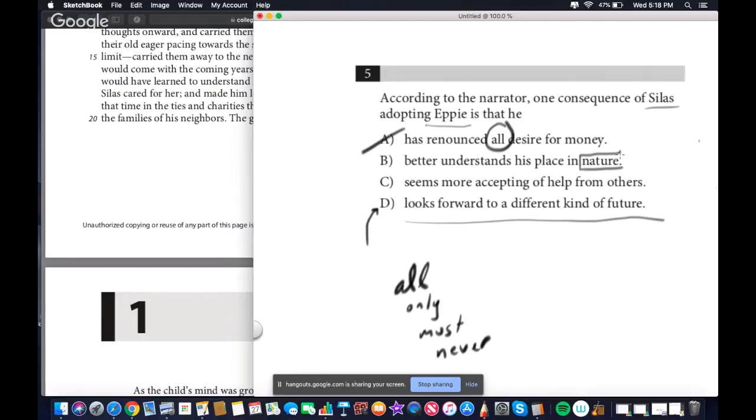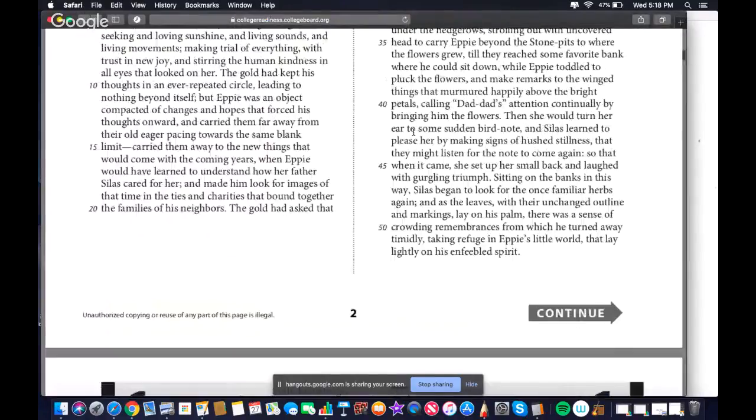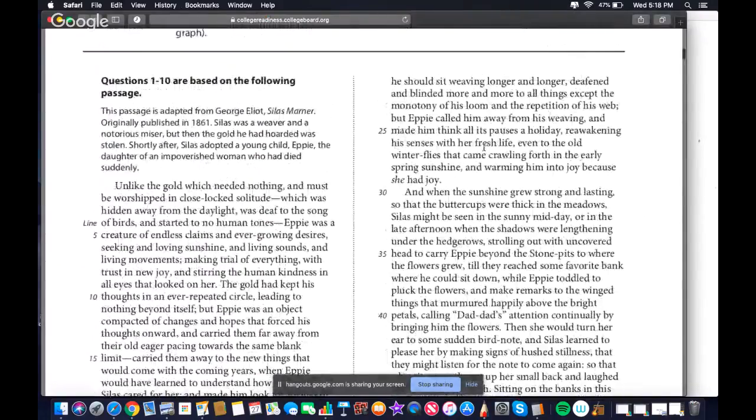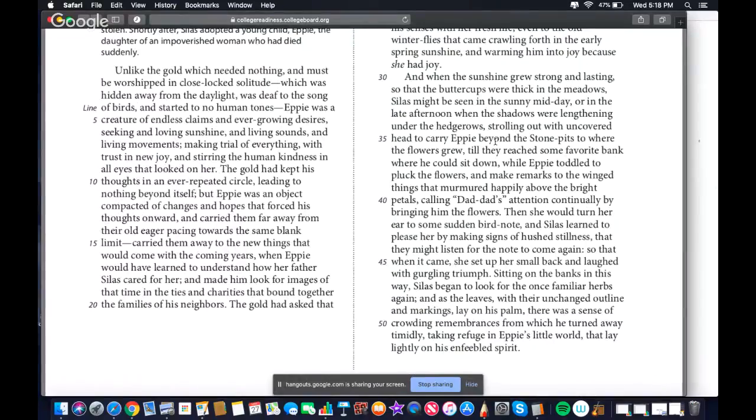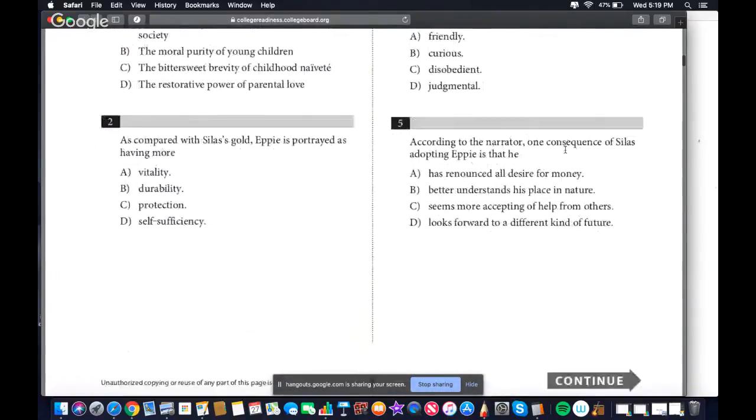now I want to talk about the word nature. So nature, this passage, I'll even pull it up here. There's a whole section where they're out sort of frolicking in the fields. That's like this part. There's buttercups in meadows, and hedgerows, flowers, right? And there's a bird singing. This is an answer choice. I'm not saying that every time that word comes up, it's wrong, but